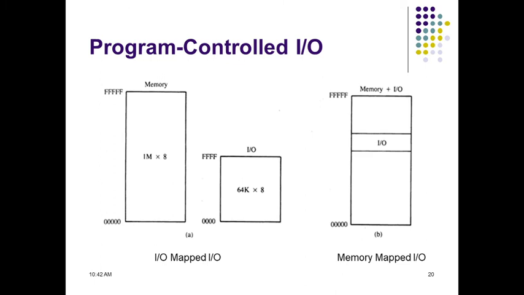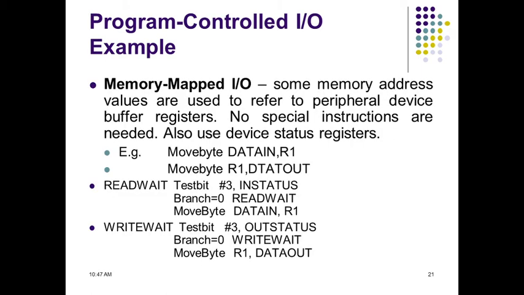So just see how this program controlled IO is set up here. That is IO mapped IO and memory mapped IO. It's just circuitry here, as I told, the interface. So till now we have assumed that the address issued by the processor to access the instruction and operands always refers to the memory locations.